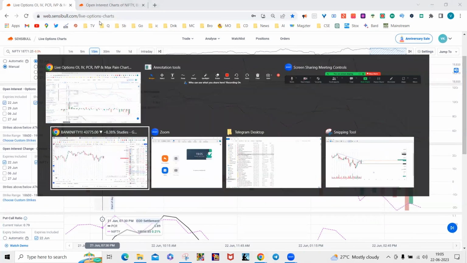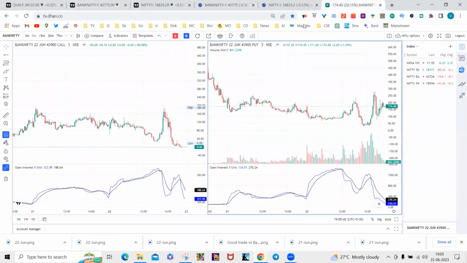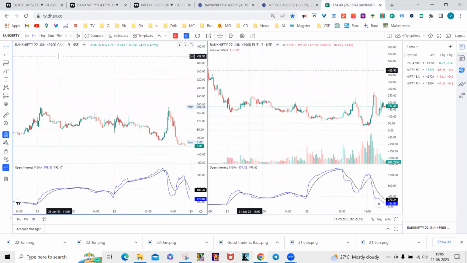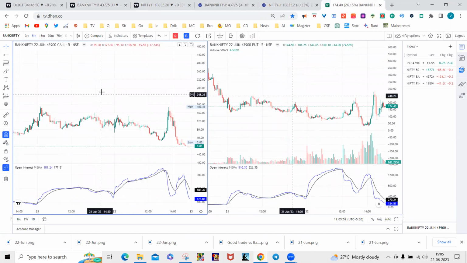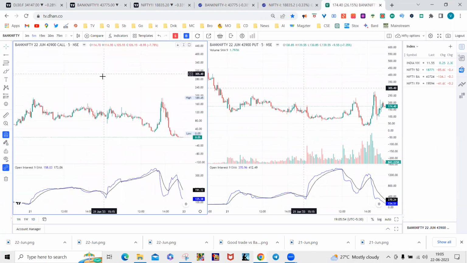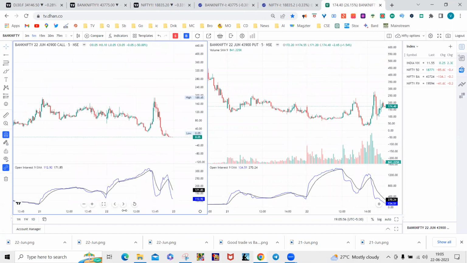So overall, it was the option sellers' profit which I think the market tried to reduce. I'll show one example of that. Why I'm trying to tell this is because when you look at any call chart or any put chart, I've chosen 43,900 as an example. So you can see the 43,900 call and put, when you observe,